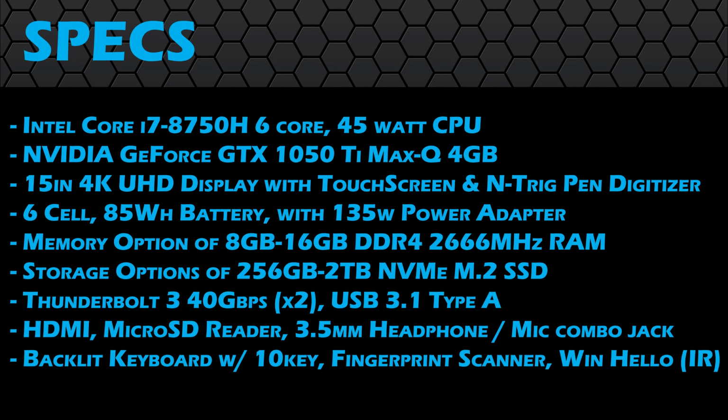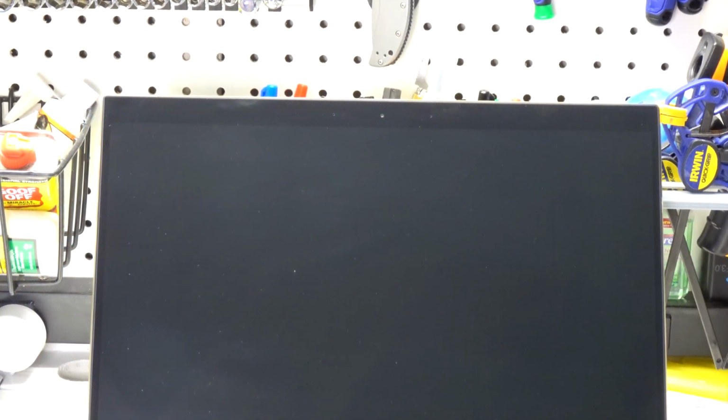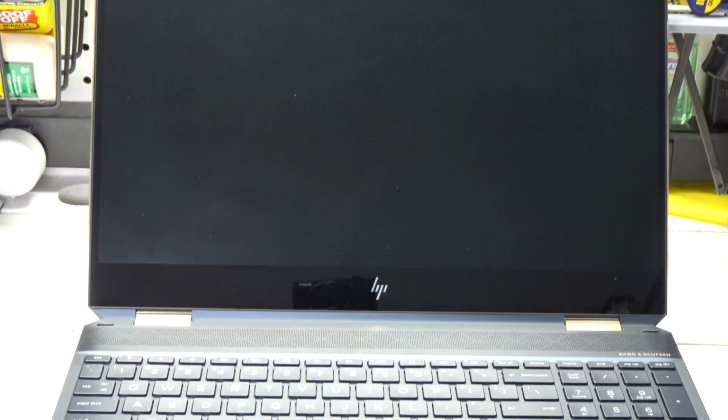For dedicated graphics, we have an NVIDIA GeForce GTX 1050 Ti, utilizing the Max-Q design with 4 GB of dedicated video memory, and a 15-inch 4K anti-glare micro-edge touch display. I'm not really sure how they specify this as an anti-glare display, as it's pretty glossy, but that's what the